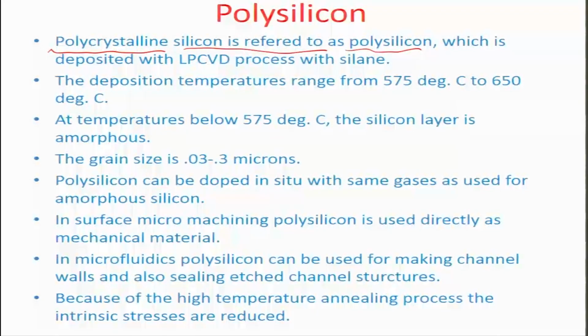Polysilicon can be grown with the low pressure chemical vapor deposition process with either silane or a variety of other gases, as you saw in the last slide. The deposition temperatures for polycrystalline silicon can range from 575 to 650 degrees Celsius. At temperatures below 575 degrees Celsius, the silicon layer is amorphous in nature. It converts its state from amorphous to crystalline beyond 575. The grain size which is typically obtained is about 30 to 300 nanometers,